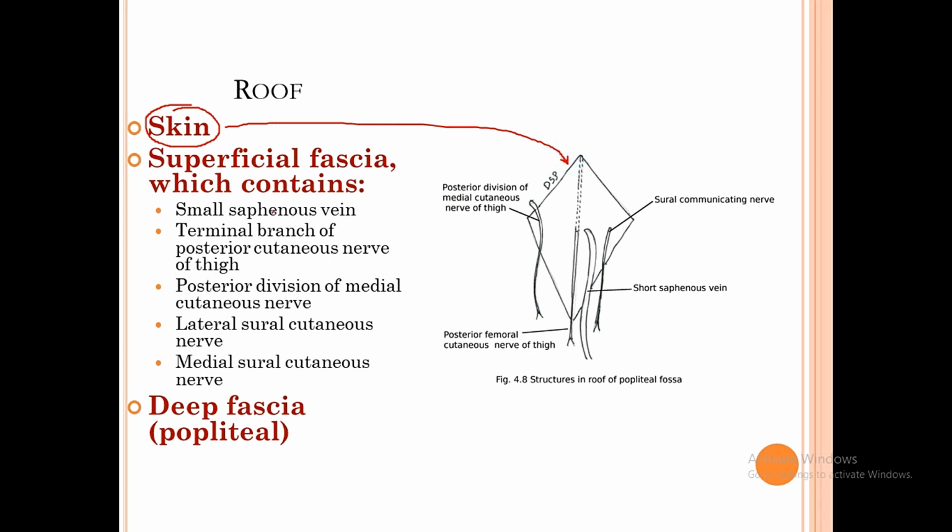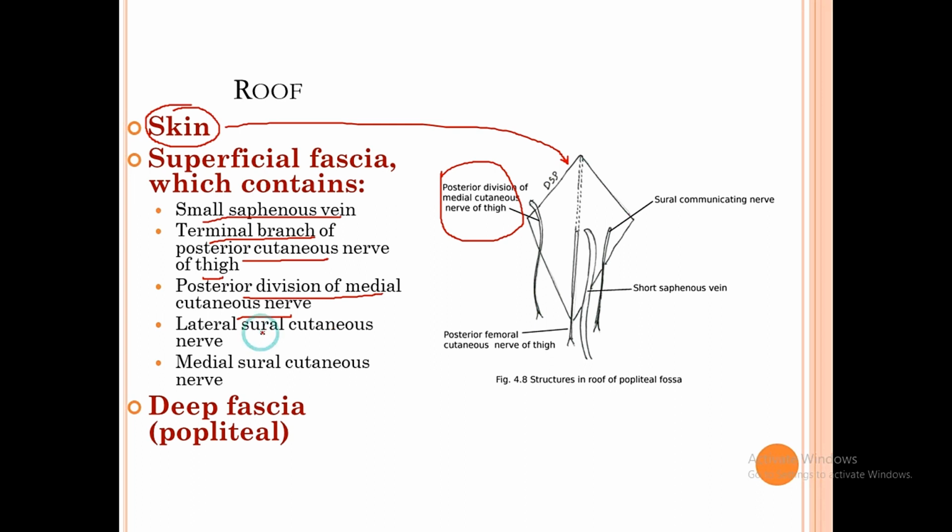Once you remove the skin, you will find superficial fascia that consists of the small saphenous vein, terminal branches of the posterior cutaneous nerve of thigh, a nerve that is supplying the posterior part of the thigh, and the posterior division of the medial cutaneous nerve of thigh. Here you can see the posterior division of the medial cutaneous nerve of the thigh,